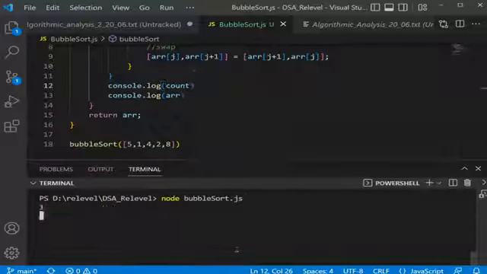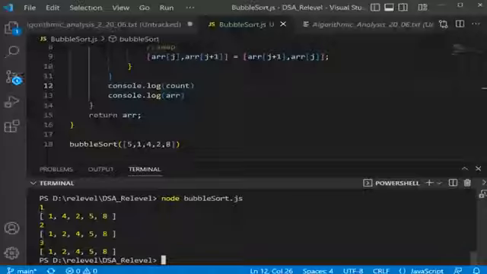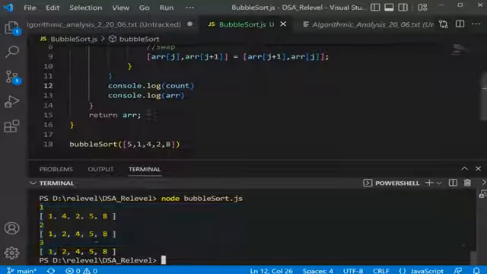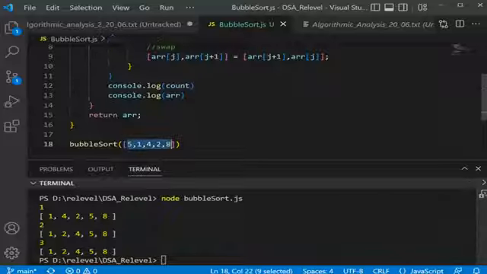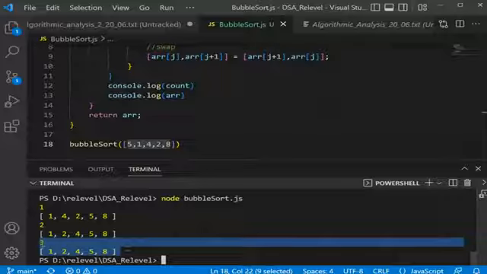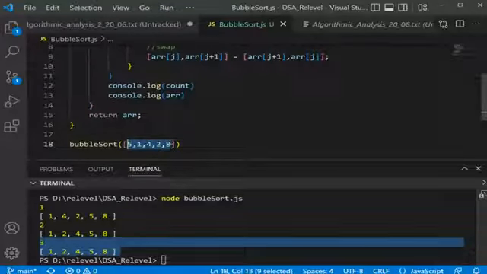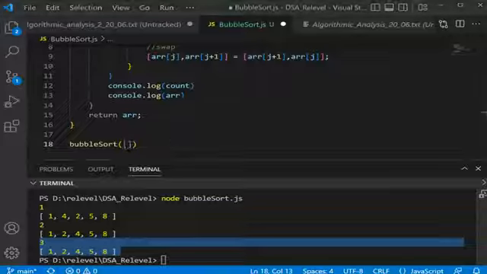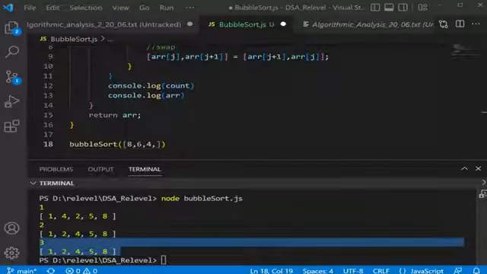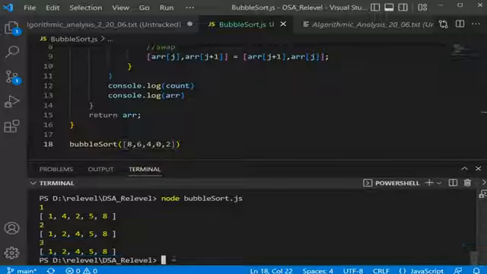Let's see. It runs for 3 times now, 1, 2, 3 only. On these numbers you are getting the correct output because after the third step there is no other swapping happening. If you change this particular thing to some other thing, let's say for example we took the same example, 8, 6, 4, then we had 0 and 2. We did that. So if you see in this case,